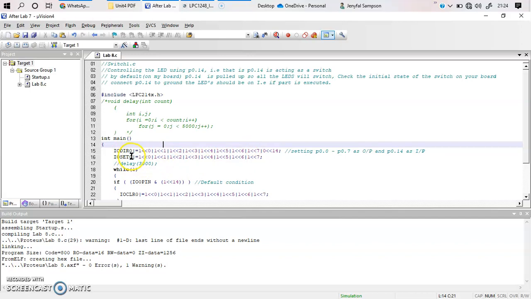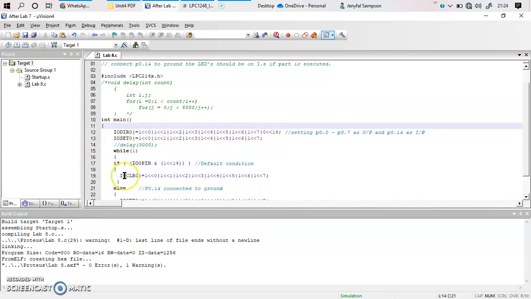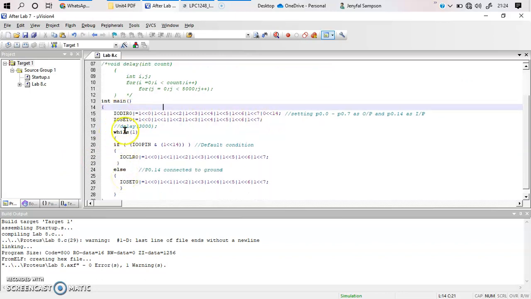As you can see, again I'm using port 0. So port 0, pin number 0, pin number 1, 2, 3, 4, 5, 6 and 7, all these pins are turned on. These two lines form the initialization, which means it will run only once. Next, when you come down, you will have the while loop, and whatever is provided in this while loop will be executed again and again depending on the conditions.